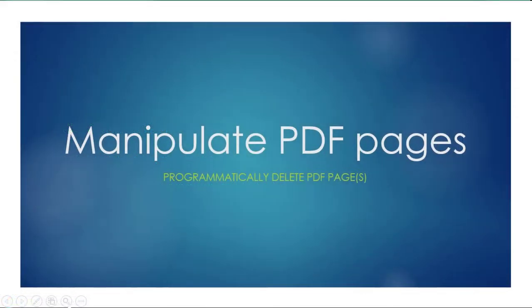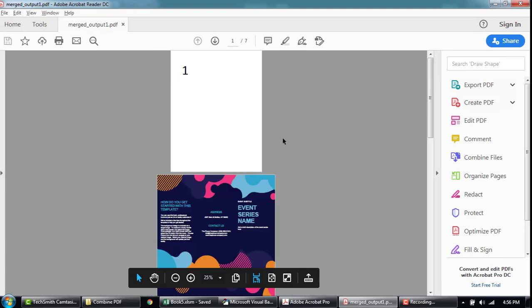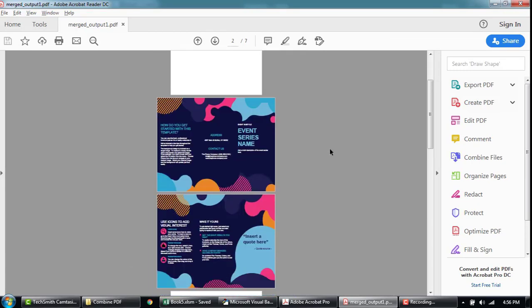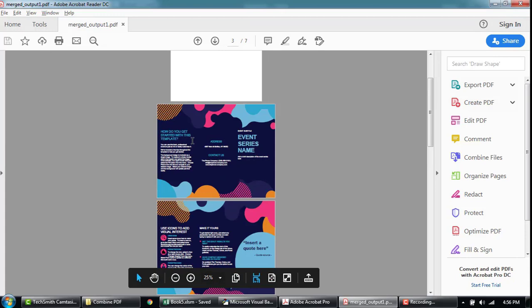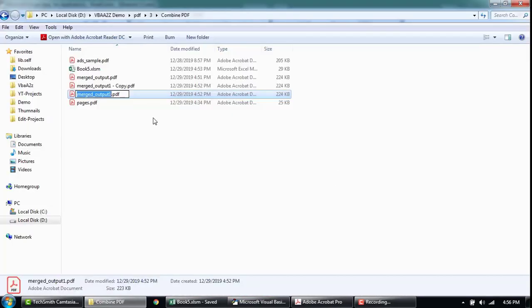As the continuation, we'll quickly also learn how to delete pages from PDF. Here we have 7 pages. Let's write a code to delete these 2 pages that were inserted. That will be the second and the third page. I'm going to close this, take the file path,